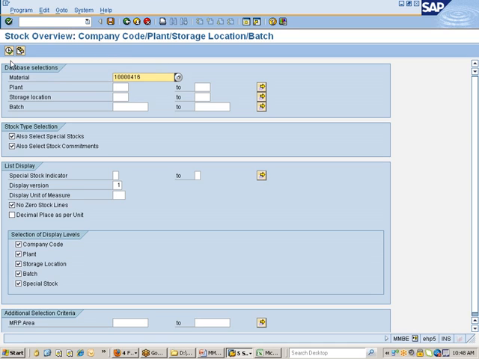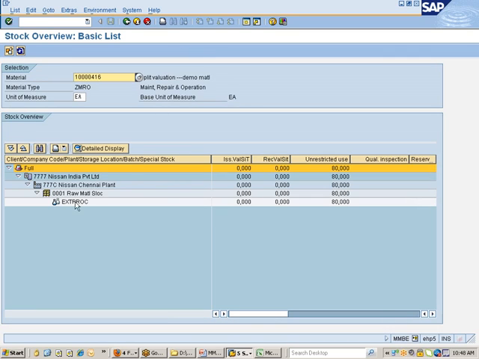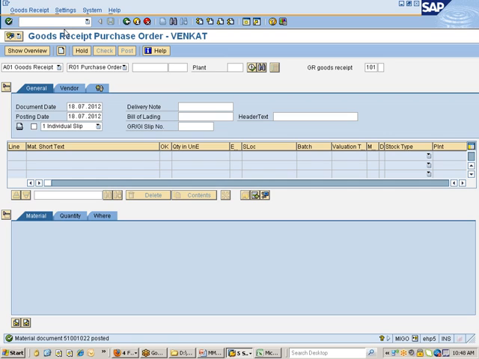Is this the material? Yeah. I'll just go and display it. Have a look at that. You see here, this is external procurement stock of 80. Now,